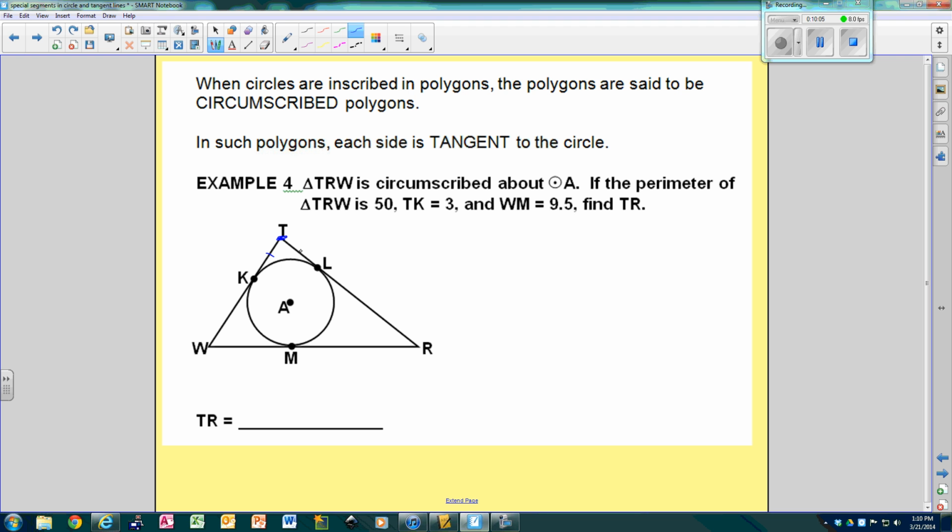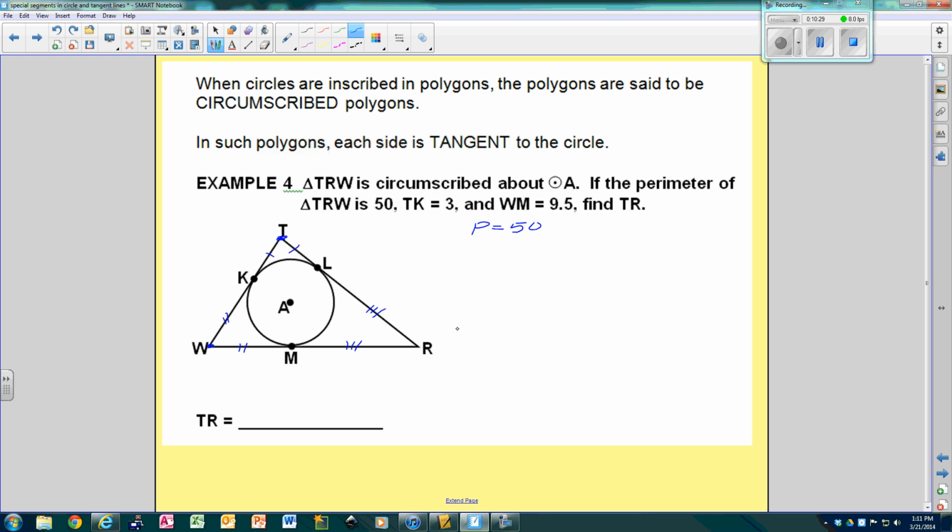Well, that means this piece is equal to this piece. Since W is out here, this piece is equal to this piece, and this one is equal to this one. So technically, when I put the circle inside, I got 6 separate pieces. Now, since it is circumscribed about the circle, the perimeter of the triangle is 50, and